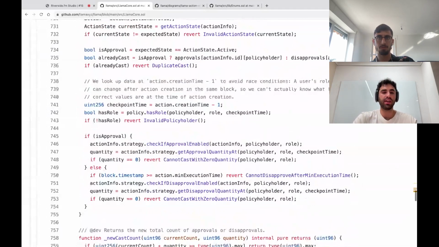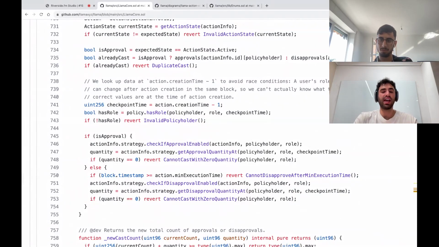We've adapted it from OpenZeppelin's checkpoint library, but the basic idea, which is common in a lot of governance frameworks, is that you want to checkpoint at a previous block, so you avoid race conditions if, in the same block, your roles are being changed or new policies are being issued. You want certainty that you're using a consistent state for the whole action process.